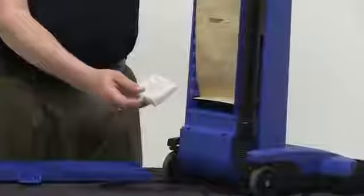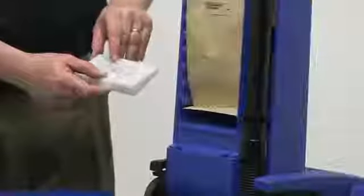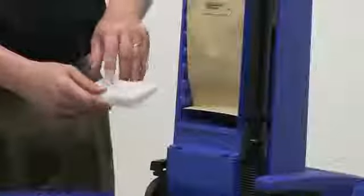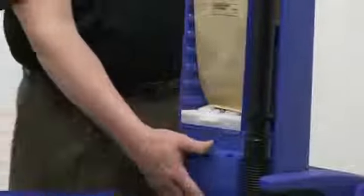Our secondary filter is located just above the vac motor. This filter is there to protect the vac motor if the bag breaks. What's nice about this is that every 5 bags you're to replace this. We send 2 of these in a pack of 10 bags. They also come with a scent chip. You just stick that back into place. And then the most important filter